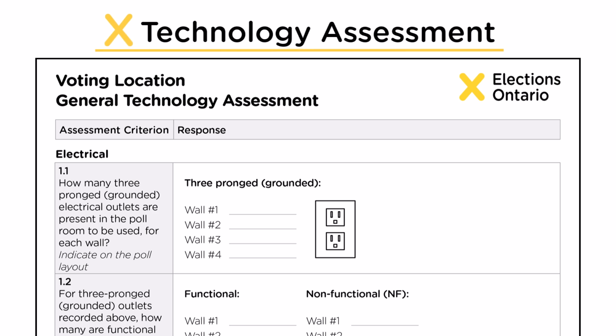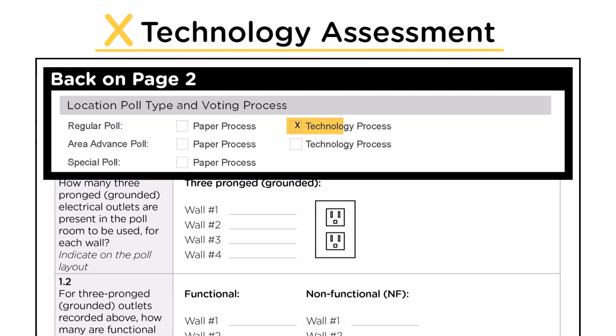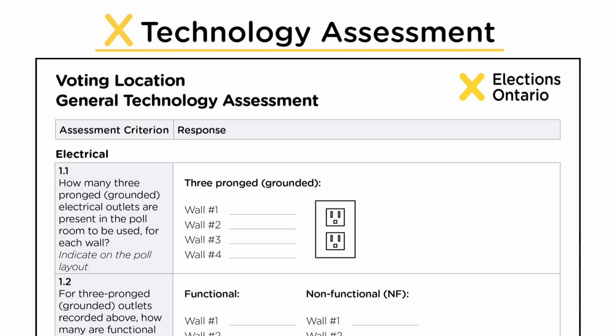All advanced polls are technology polls and will be equipped with the poll books and tabulators. Polling day voting locations with 1,000 electors or more may utilize technology equipment. You will complete the General Technology Assessment section if technology processes are checked in the Location Poll Type and Voting Process section. This assessment determines if the voting room can support technology and also assists returning officers to review and update polling division boundaries. The General Technology Assessment is divided into 3 sections: electrical,